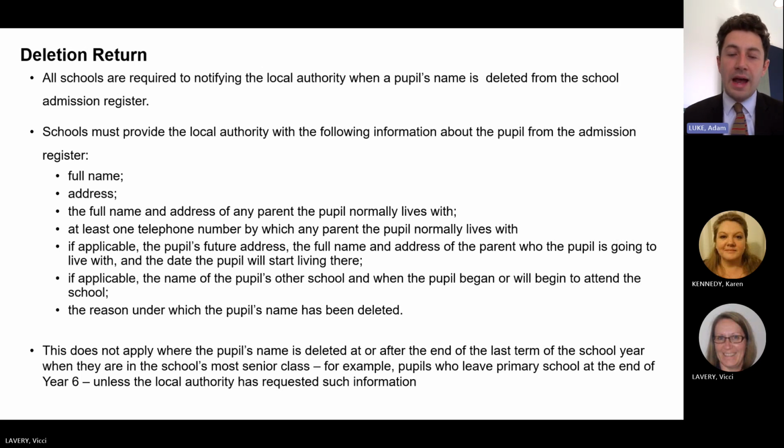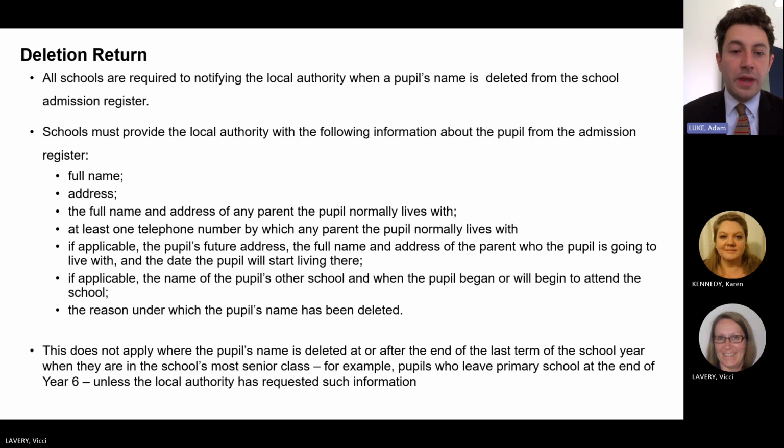And from academic year 24-25, that is in line with Regulation 9 of the new School Attendance Pupil Registration England Regulations 2024. Anytime one of those situations that are set out in the grounds for deletion is met, then the pupil's name must be deleted. So it's not something that you can choose to delete in those circumstances. The law is really clear. If one of those scenarios is met, then you must take that child off the school roll and inform the